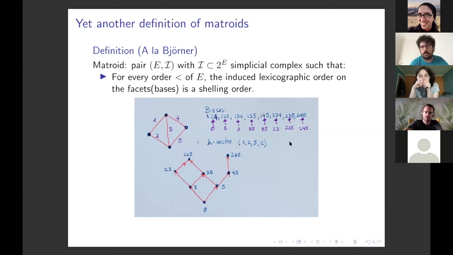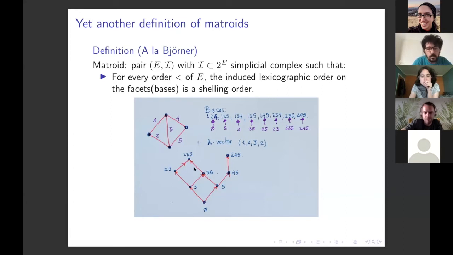It takes a little while, but you can compute, and then the h-vector, the invariant that I like to keep track of, is the sizes of these purple sets, and so we get 1, 2, 3, 2. And so I know that this matroid as a simplicial complex, for example, is homotopy equivalent to the wedge of 2 spheres, and there are different things that I can do. And in particular, another thing that